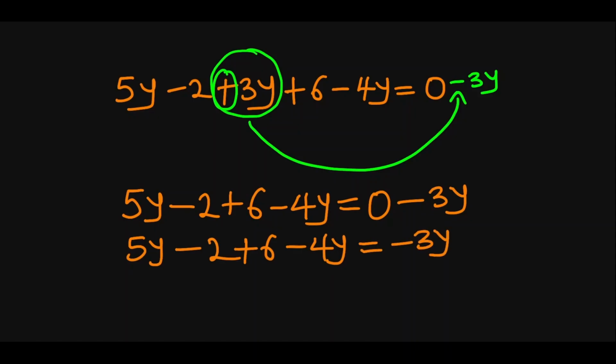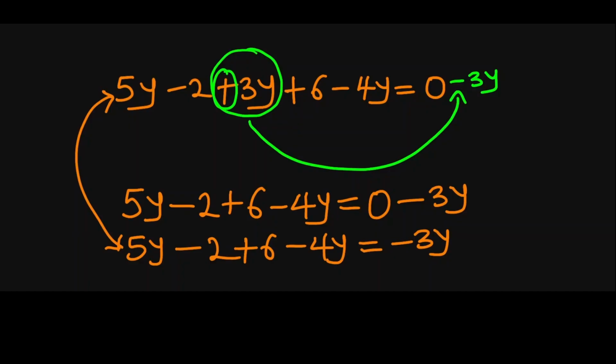So this is basically the same thing as this. We've just written it in another way by moving the 3y from the left to the other side to make it minus 3y. This is the third and final rule you must know. Now, note that this thing I just did is similar to what most people do in school. And they say, subtract minus 3y from both sides. Yes, it's exactly the same as what I just did.